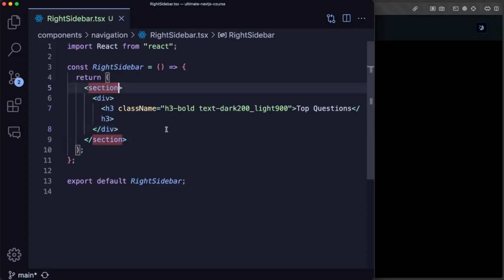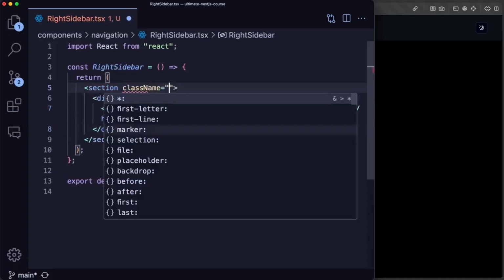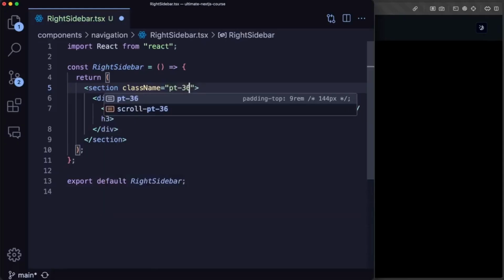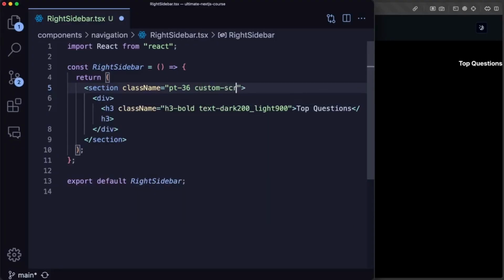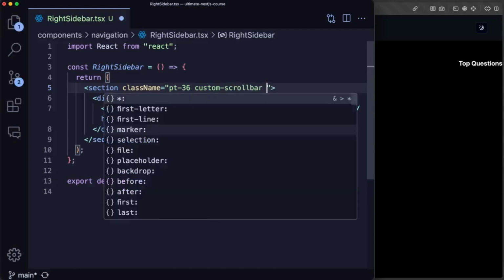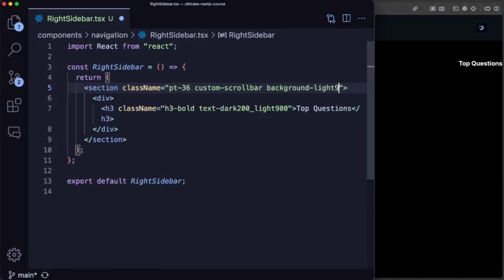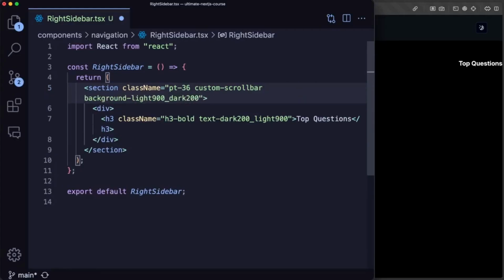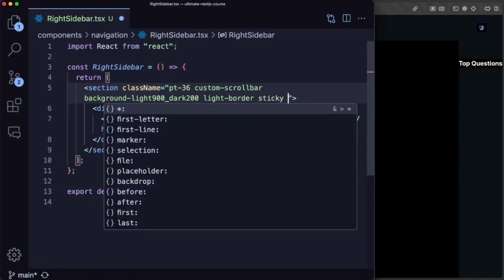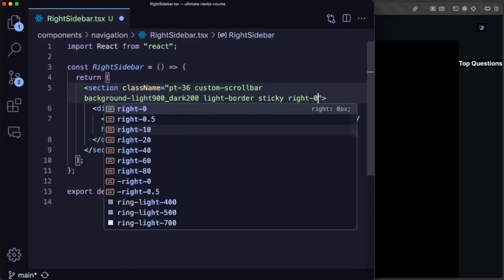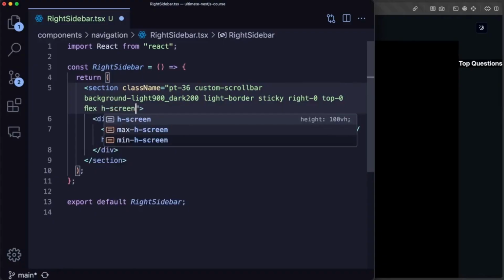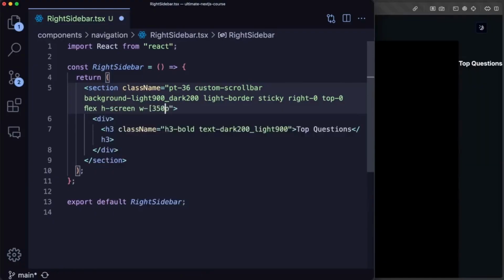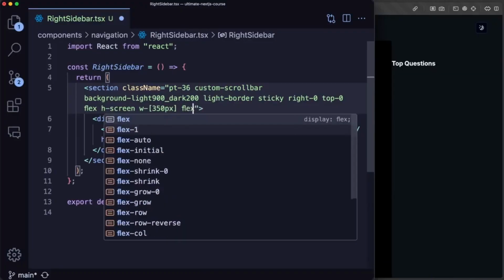So let's style the section so we can actually see it by giving it a padding top of 36, and you can see now it dropped down. Let's also give it a custom scroll bar so we don't show that ugly scroll bar. We can give it a background-light900_dark200, a light-border property, sticky, specifically positioning it to the right side 0 and top side 0, flex, h-screen, so it takes the full height of the screen, w-350 pixels for the width to give it some space, flex-col, gap of 6